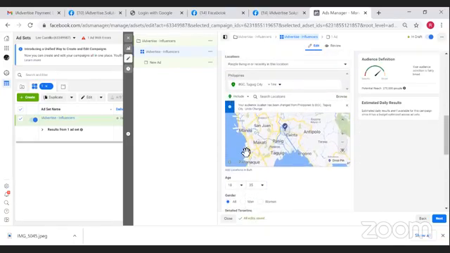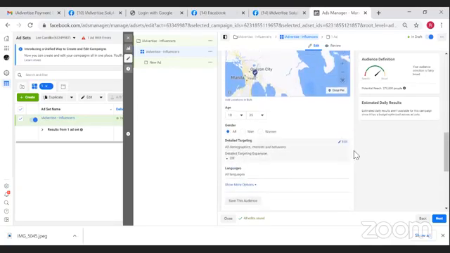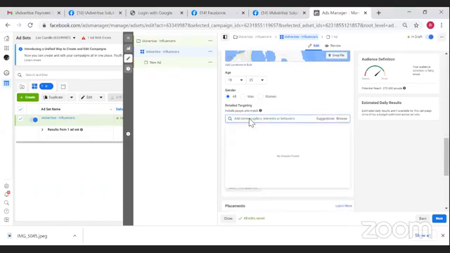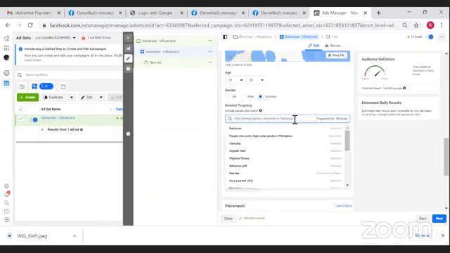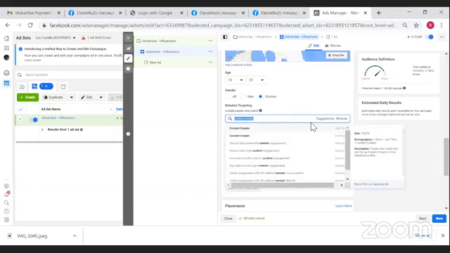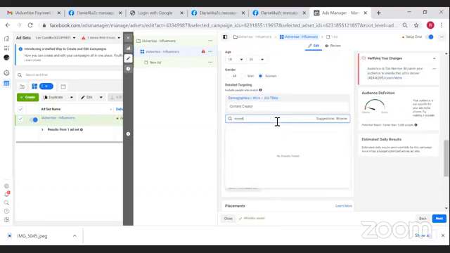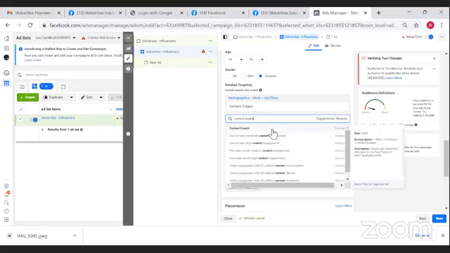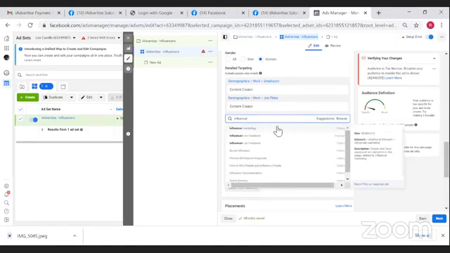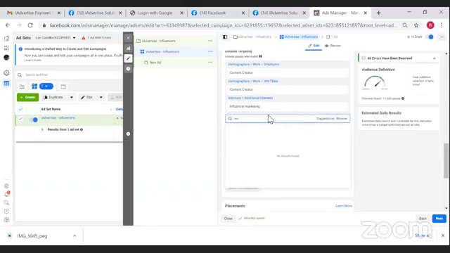Now, ito na yung tricky part, the demographics. We add the demographics. So, ano ba? Anong characteristics ng mga influencers? Diba? So, first, women. I want to target girls. So, unang-una, their first characteristic siguro, I think, their job is a content creator. Job title, creator, ano pa ba? Content creator, influencer, influencers on Facebook,